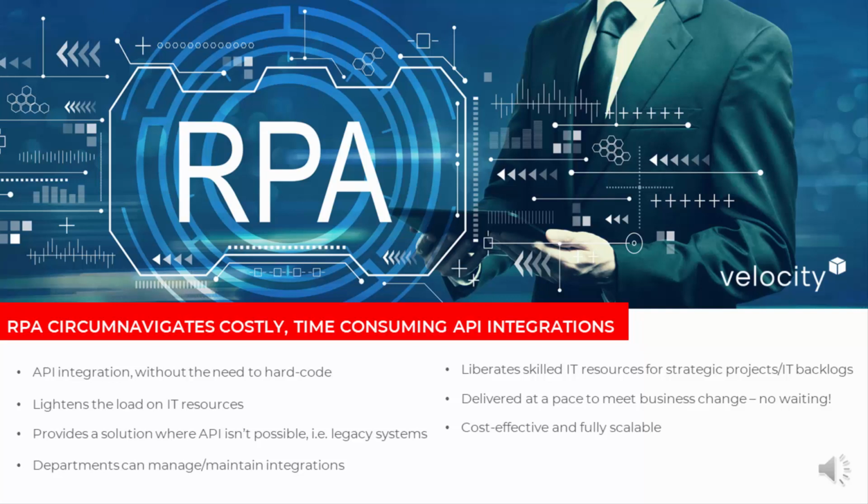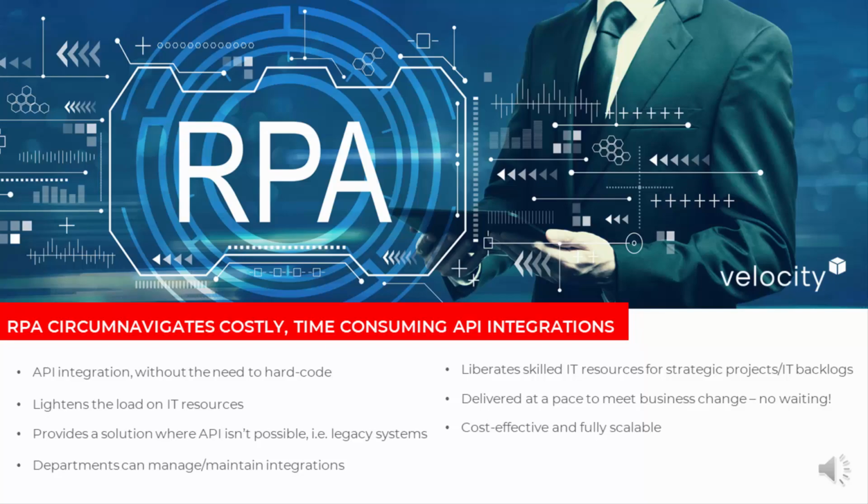So what we'd like to do today is to take you through a demonstration that shows how RPA can be used to interface to multiple systems instead of using an API or a back-end integration. The manual process that we're going to replicate with robotics is one that we developed for a client of ours who essentially wanted to build out a sales quotation and have that sent through to a client, but replicated in their CRM system, their finance system, and also to give the salesperson the control to actually manage the outcome of